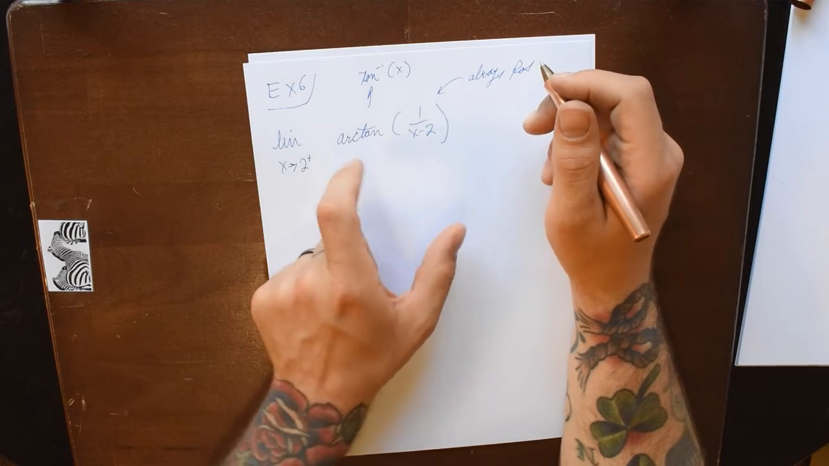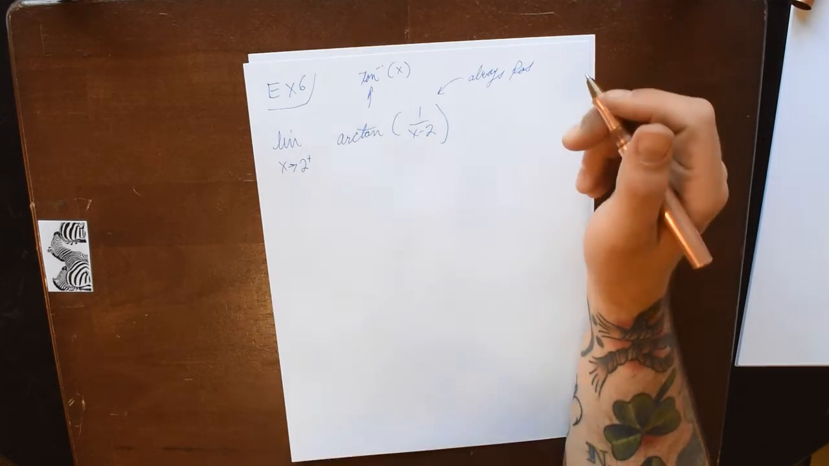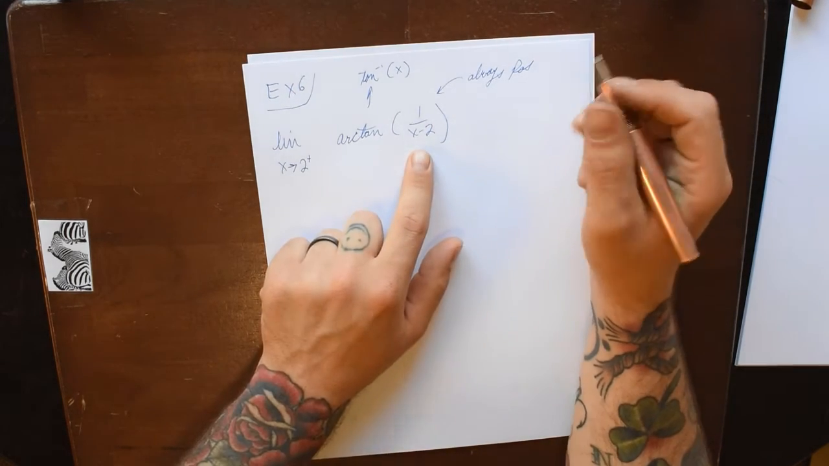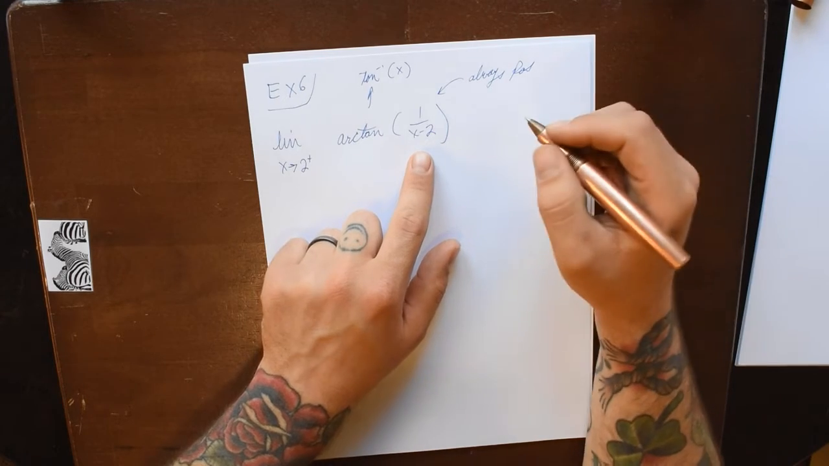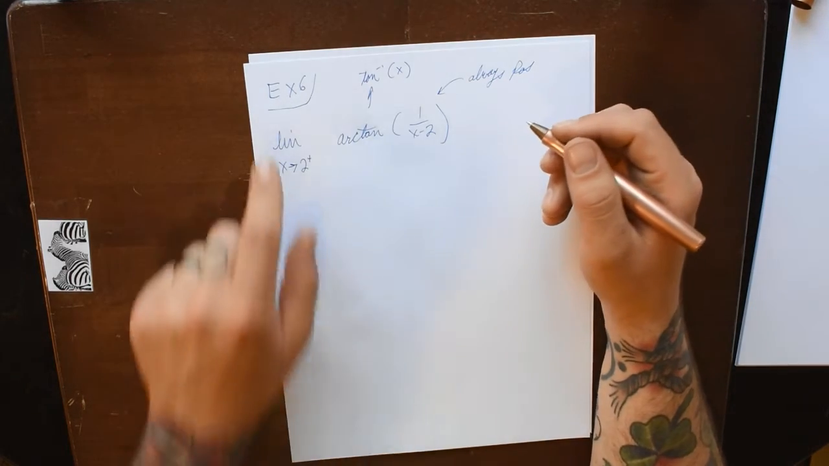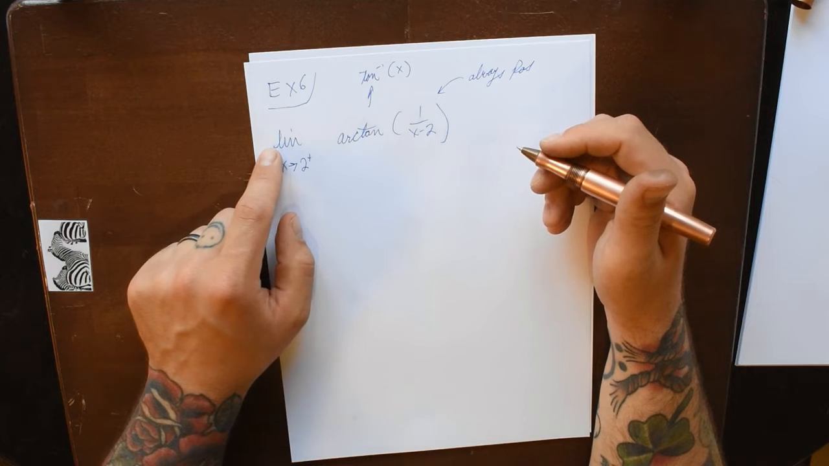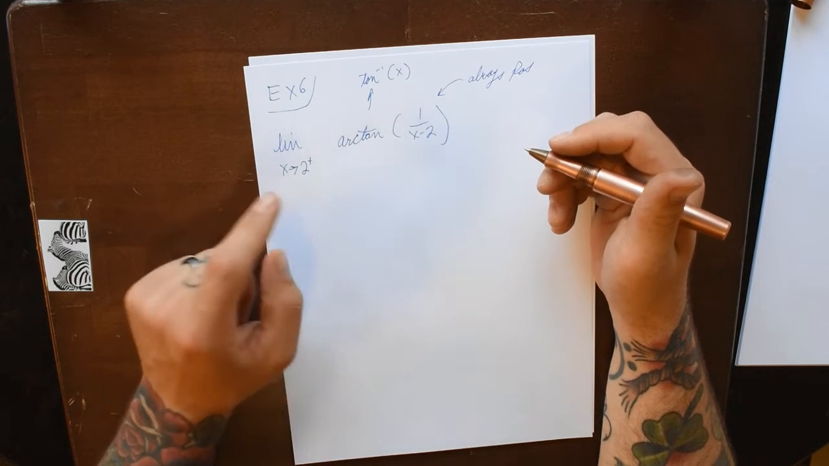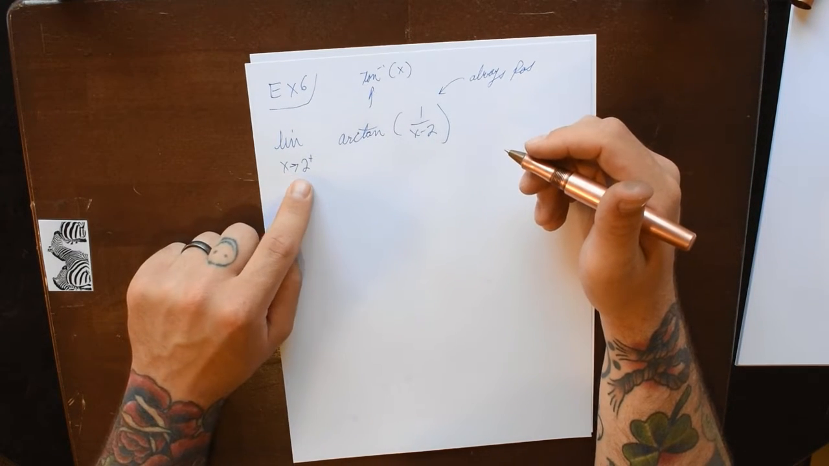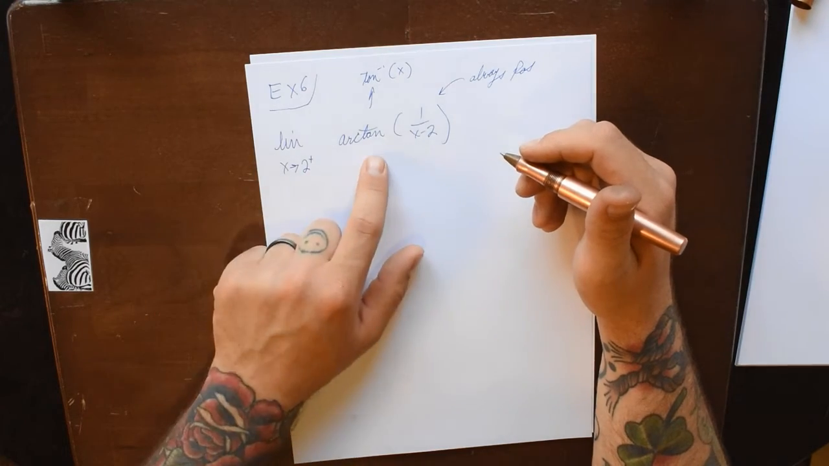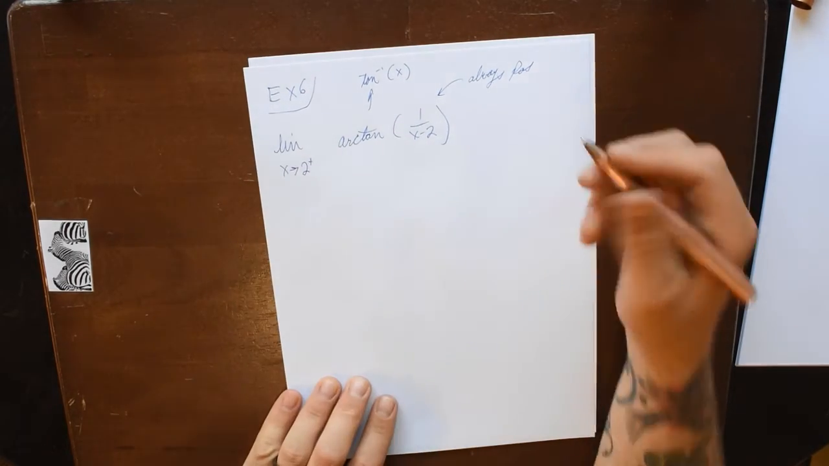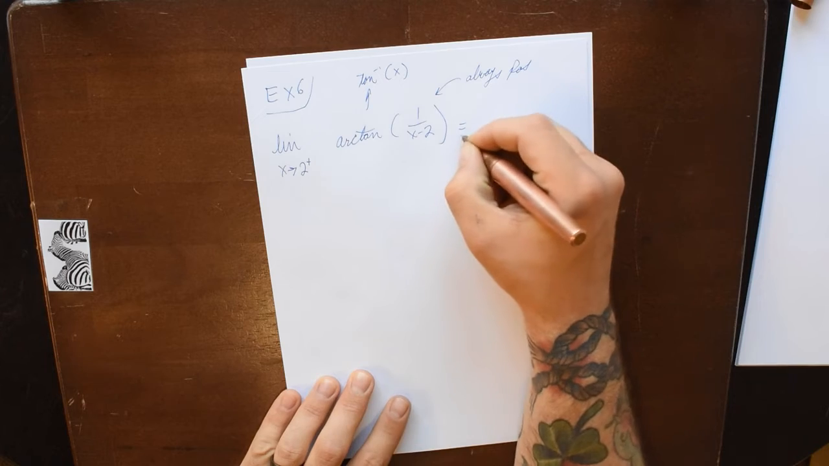And as that denominator gets smaller and smaller and smaller, this number as a whole is going to shoot up towards positive infinity. So we can actually say that the limit as x goes off to 2 from the right of the arctan of 1 over x minus 2 is equal